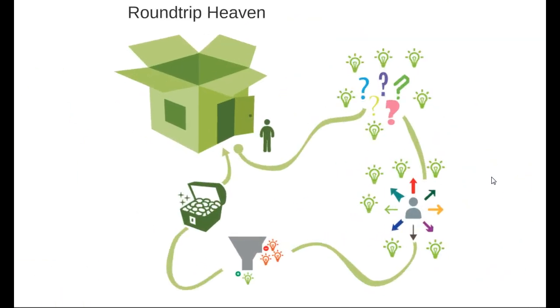But the Roundtrip Heaven process is that we teach you tools for how you get ideas, what you do with the ideas, and how you evaluate them and get the best ideas so you can reap the rewards of the whole process. So you stay a longer time outside the box and do all the necessary steps to get really good ideas, golden ideas, world-class ideas. That is what the Roundtrip Heaven is about.